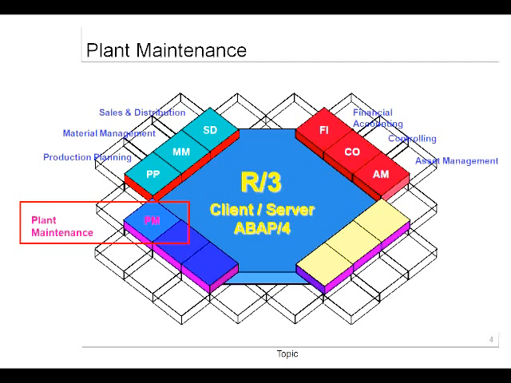Also we have the integration, plant maintenance integration with some of the modules like PP, MM, SD, FICO, asset management and all those things. More importantly, we have the material management integration and FICO integration. So what is this material management integration? When we are doing some maintenance activity, we need some material. So we want to change an equipment or we want to change a material, we need a material. So that is the integration with material management.